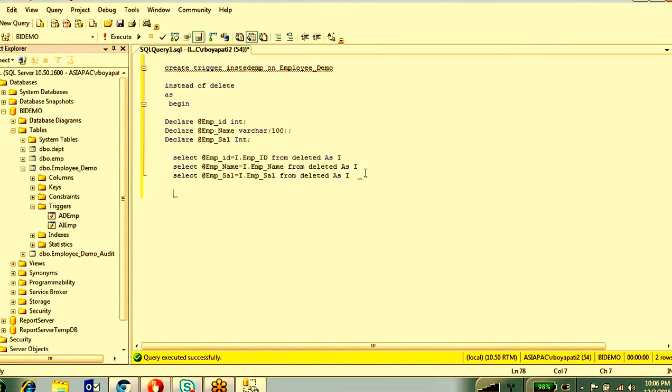So here I am going to write one condition, begin, if this employee salary, at the rate of emp underscore salary, is greater than 12,000, then what I'm going to do here, begin, I don't want to delete this data, so I want to raise an error.